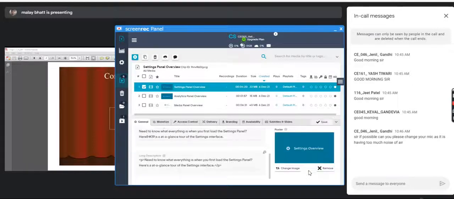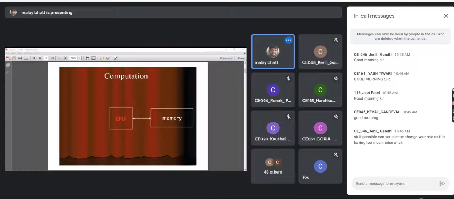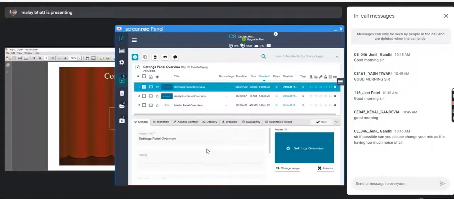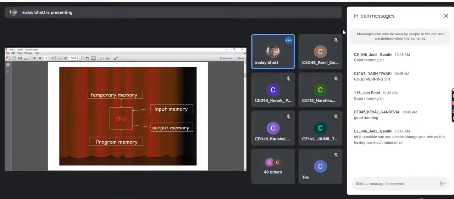Now, when we think about this computation, other than this, there are many other parameters which are very important for us. If we consider the other parameters of this computation, then we can further expand this diagram into a memory having major components: the input memory, output memory, the temporary memory, and the program memory. So basically, when you consider your microprocessor subject, microprocessor fundamentals and programming, you might be very well aware of this concept